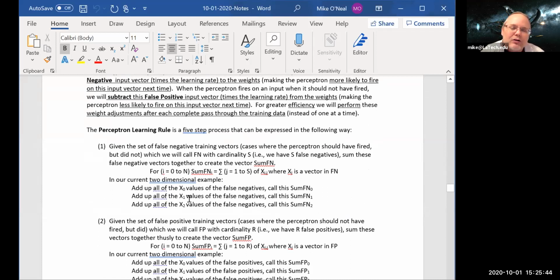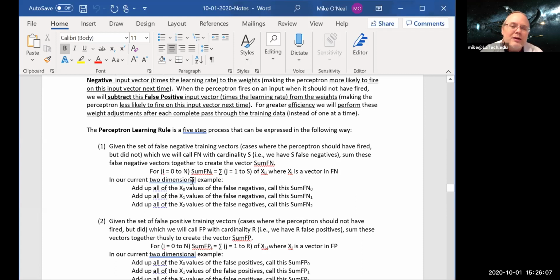And then add up all of the x1s for the false negatives, and that's sum of the false negatives position 1, and add up all of the x sub 2 values of the false negatives, and that's sum of the false negatives sub 2. So sum of the false negatives, sum Fn, is a vector with 3 components,